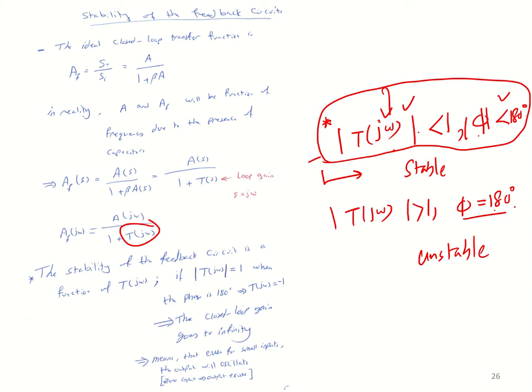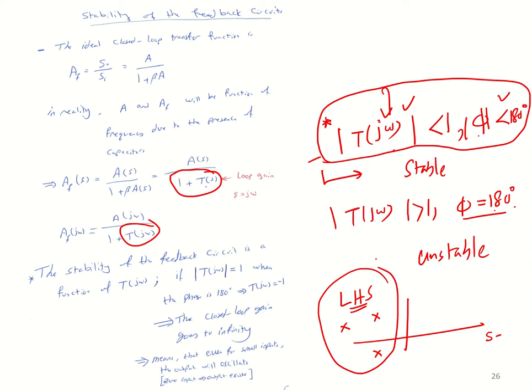Another way to check the stability of a system is to go to the S domain, where we can get the poles of the system. If you remember, if you plot the poles and all poles of the system are in the left half plane in the S domain, then your system will be stable. So this is another criterion for checking the stability of the system. But here we will put more focus on the transfer function in the omega domain.